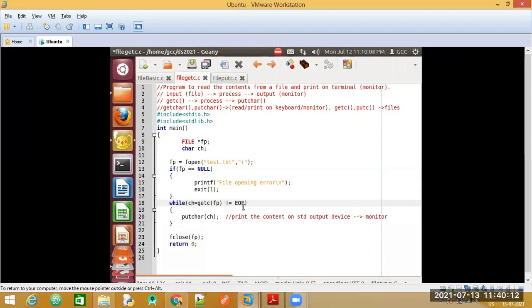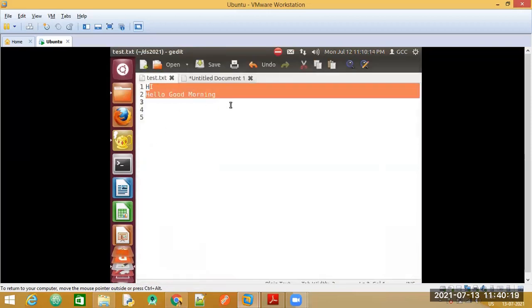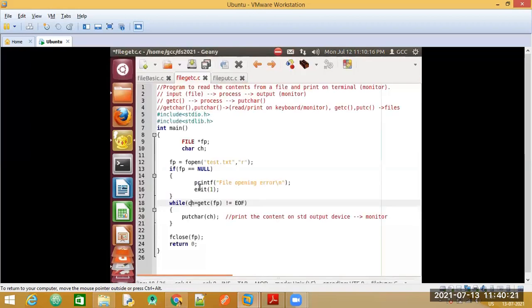So h is not equal to end of file. After h, we still have these many characters to be read, right? So h is not the end of the file. Once the single character is stored here, we are going to print it on the screen. So putchar will first print h. Then the loop continues till the condition becomes false.